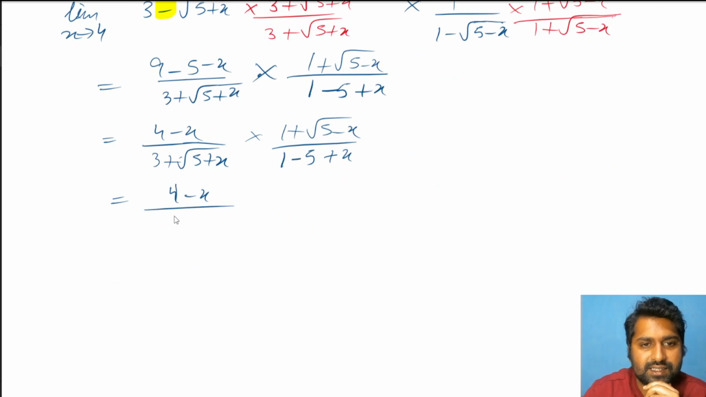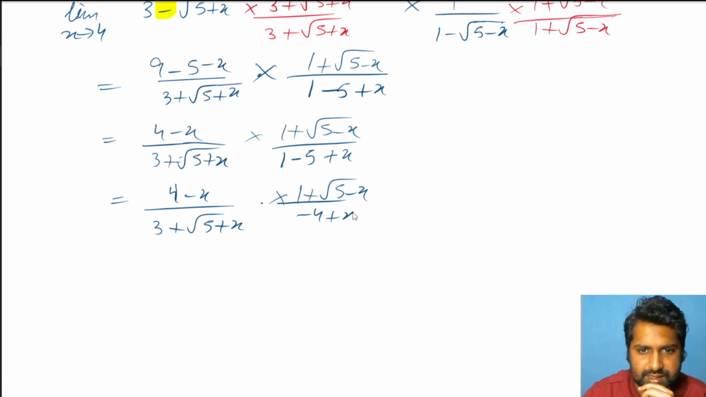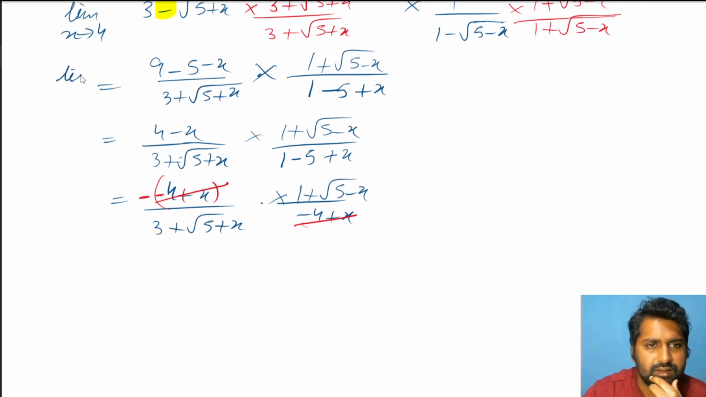4 minus x, 3 plus square root of 5 plus x, copy. 1 plus square root of 5 minus x. This becomes minus 4 plus x. So same thing, na? This is 4 minus x, that's minus 4 plus x, difference in sign. So if we take negative common here, it will become minus 4 plus x, the sign will change, or I can do the same here also. Effectively they become same, so we can cancel them, and the moment numerator and denominator something gets cancelled, we can